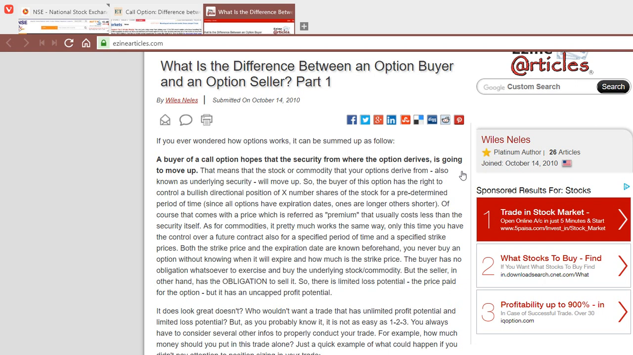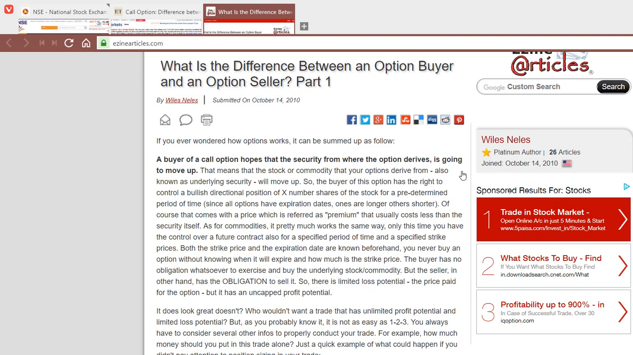But when a view is wrong for an option buyer, he also loses. But his probability of winning the trade is less than an option seller. So again, I'm not going to talk about in what scenario option buying is better or option selling is better. Now, to put it very simply, when there is a big event coming up,